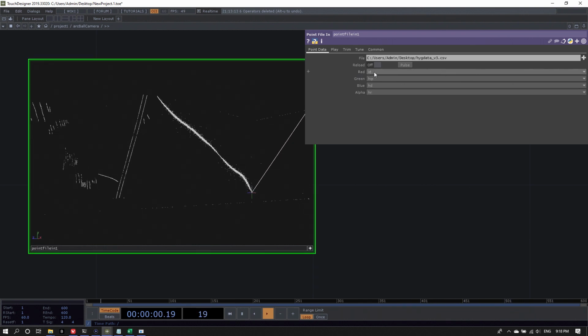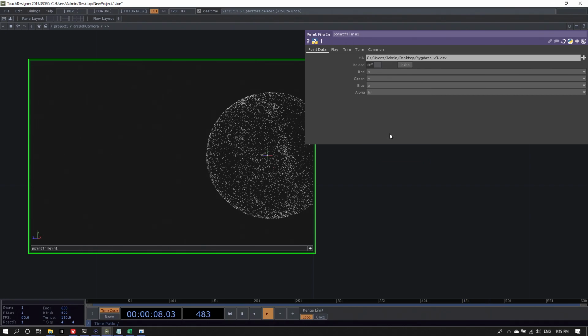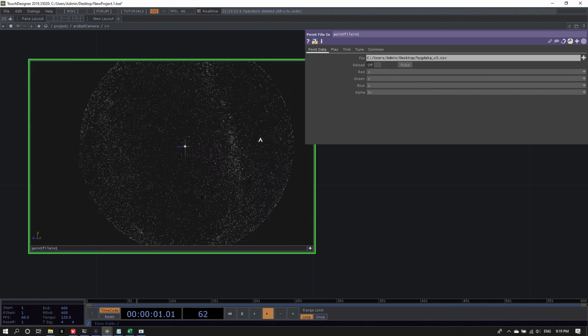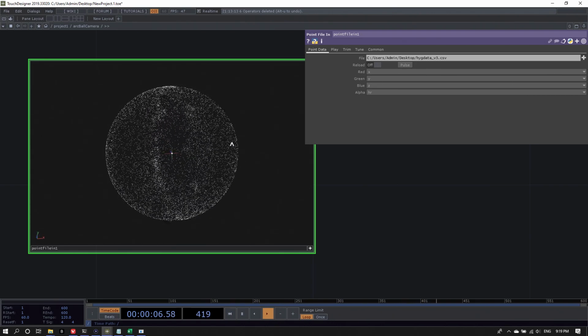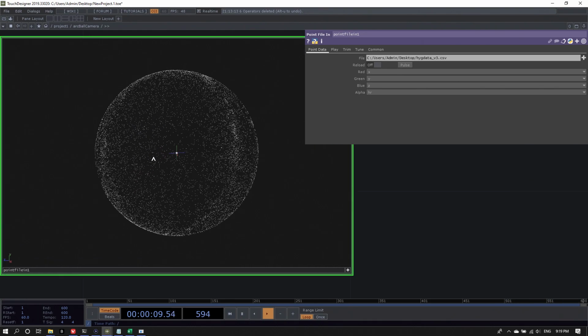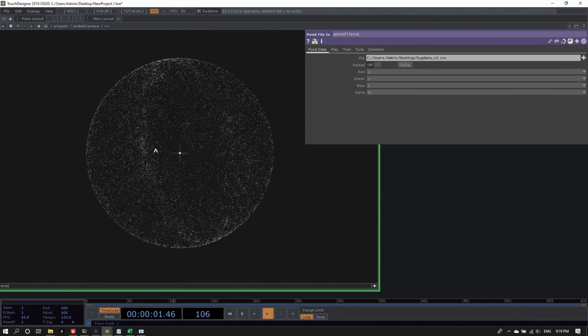Well, we still have to assign the columns that are in the file to our color channels. So let's go into the parameters of the point file in and choose for the red channel X, for the green channel Y, and for the blue channel Z. And what I get is something that looks much more like a depiction of our universe, with some outer objects that apparently don't really have a distance, or they're set as maximum distance, and more in the center, something that looks very noisy, but which seems to be a lot of the stars where people actually know the distance to.